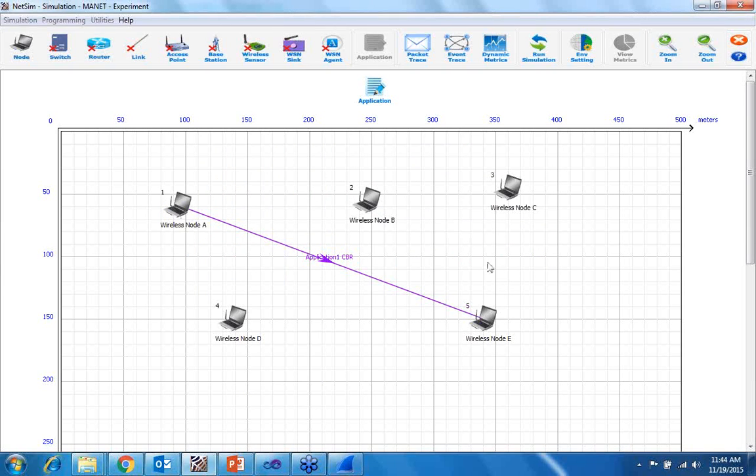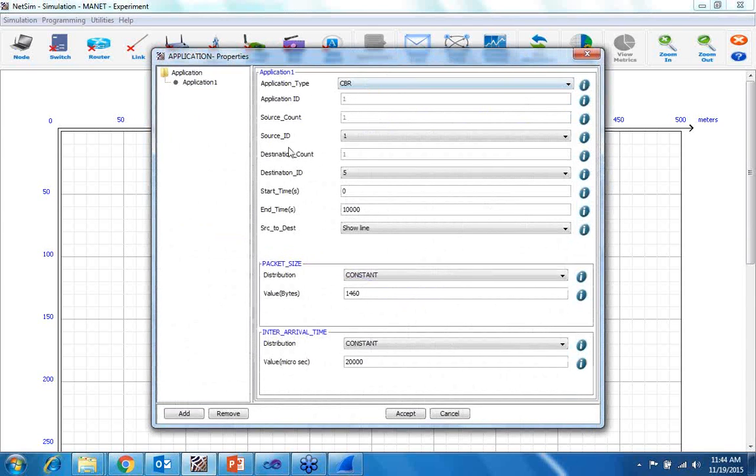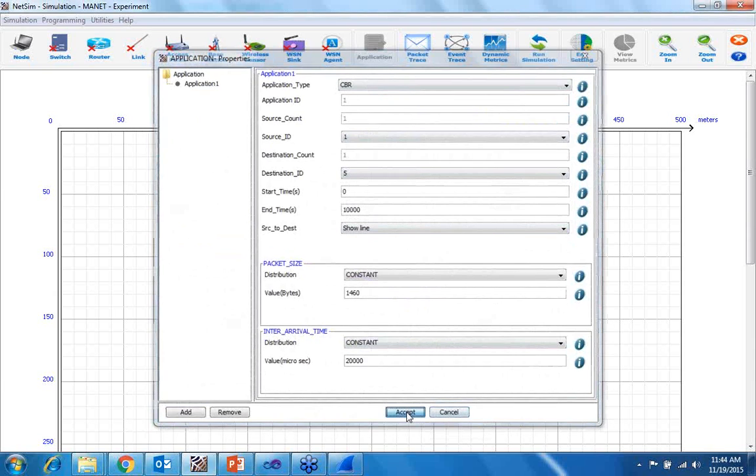In Manet, these 5 nodes are given. Here we have chosen a CBR type of packet flowing from node 1 to node 5. In the application, you can see the CBR type of packet from source 1 to destination 5. Packet size and interval time are the same. Accept it,